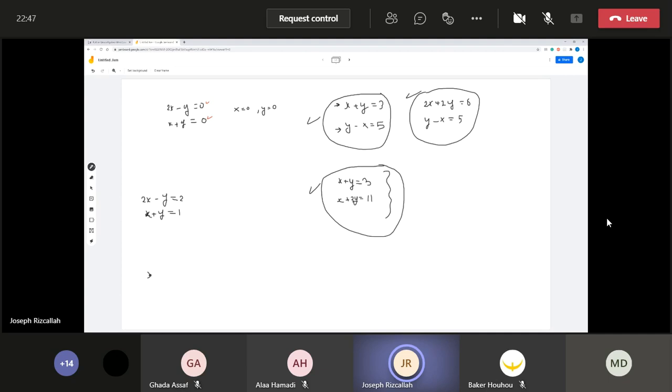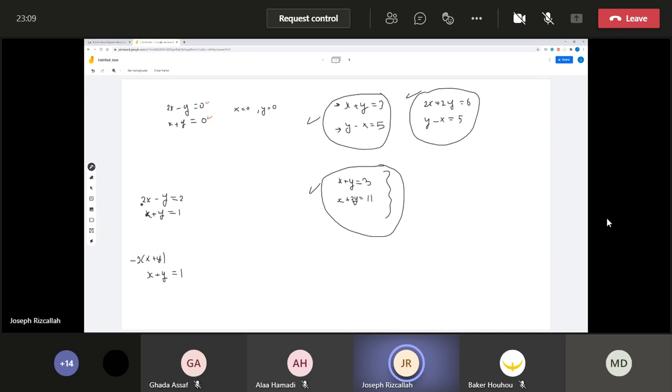The second equation will stay the same. I'm not going to change it. The second equation will stay x plus y equals 1. Now, the first equation, what I'm going to do is multiply this equation by -2 and add it to the first equation. So it will be -2 times x plus y